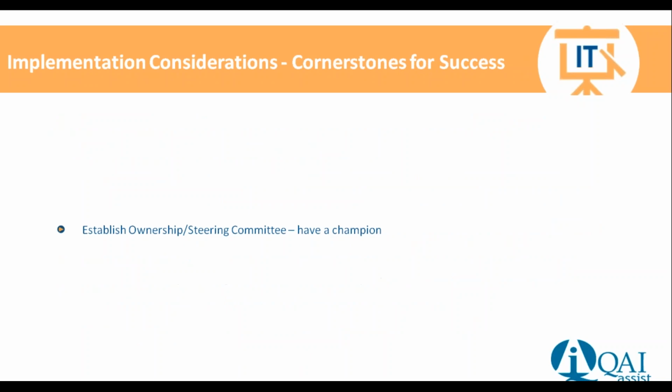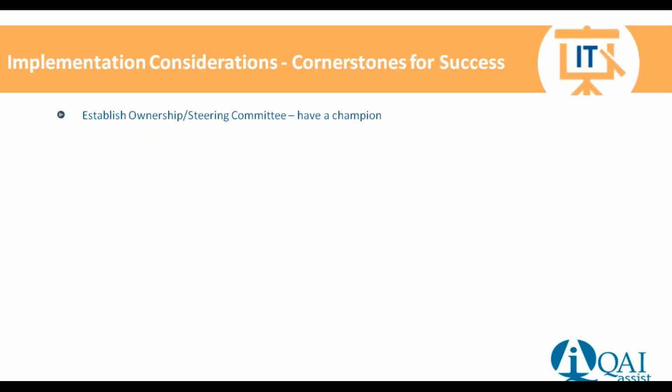Okay, so we're talking about implementation of process. There are some common cornerstones of success, I call them, that you're going to need to have in place to be successful when you're implementing process or methodology or any of these life cycles. You're going to need someone in an influential spot in the organization to be the ownership and/or the steering committee. There's a champion required to say, no, we're going to do this, and we're going to do this right,